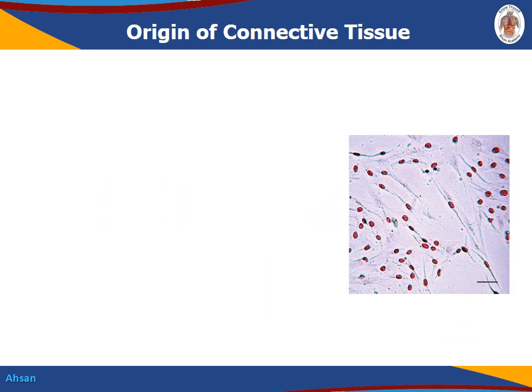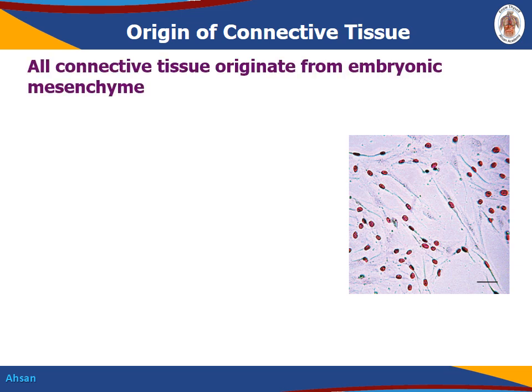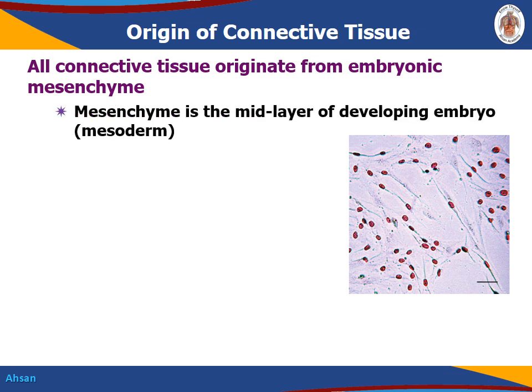If we look back to discuss the origin of the connective tissue, we'll find that all the connective tissue originates from the embryonic mesenchyme. This mesenchyme is actually the mid layer of the embryo. The outer layer is the ectoderm, inner layer is the endoderm, and in between this layer is the mesoderm. Either outer and inner layers are epithelium, but the mid layer is the immature form of connective tissue, that is